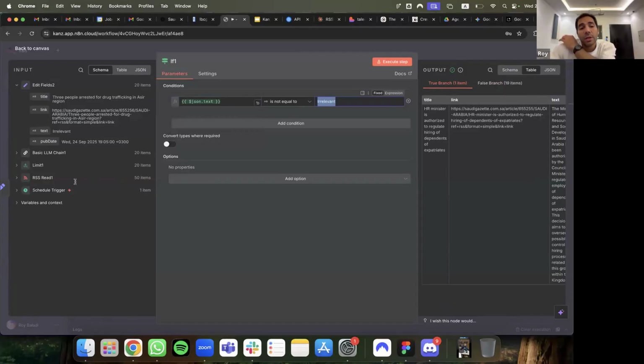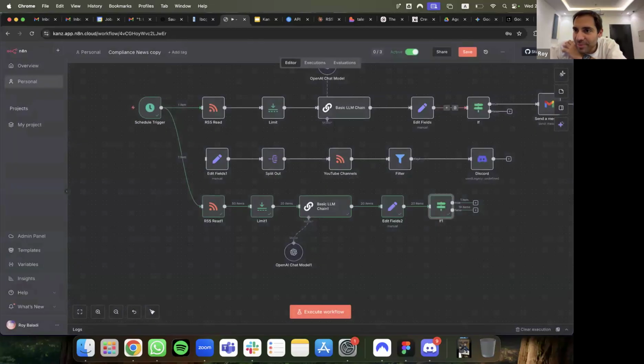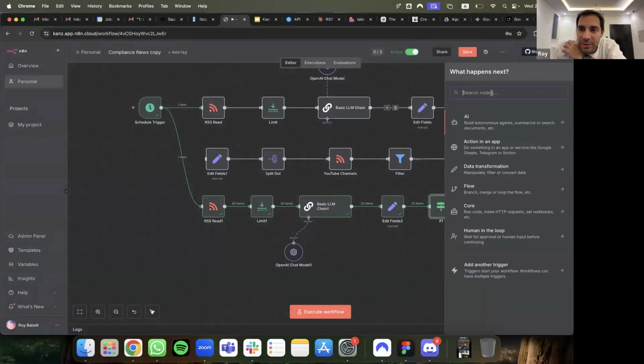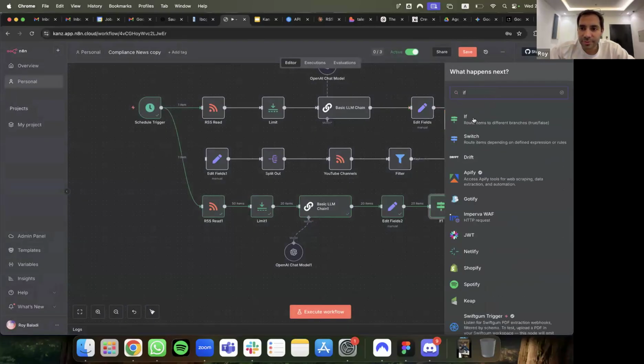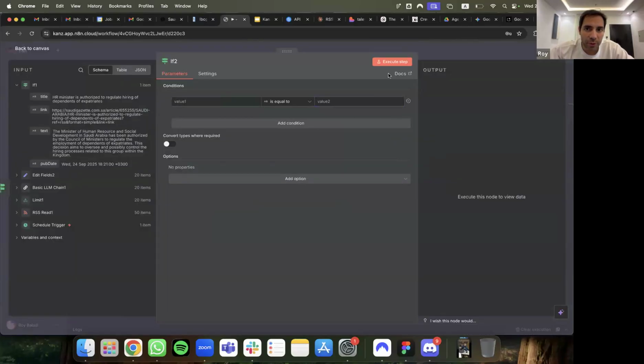Unless you put geopolitics and put LBC, then everything comes out. But just make sure that you have the right spelling. The if window: when you hit plus, you hit if, it's going to open the if window.